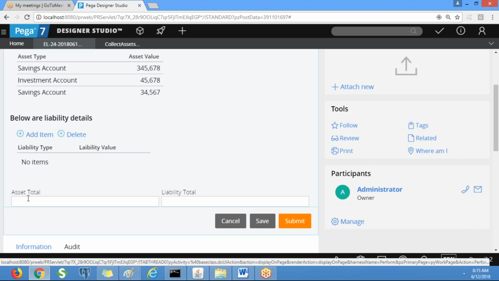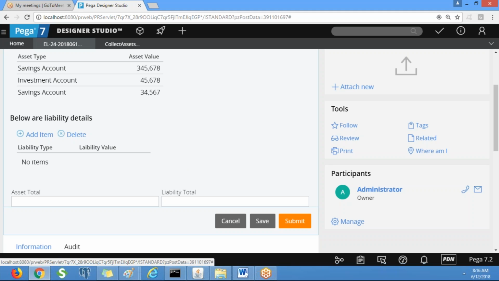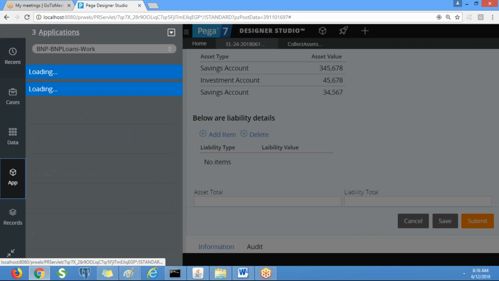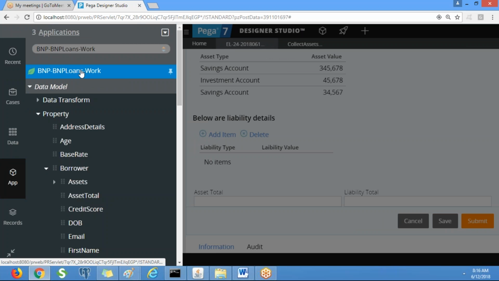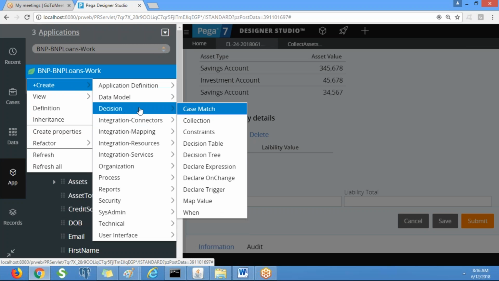There are two ways of creating a declare expression. Either you create it directly from the target property, or go to the decision category and create it from there. Yes, this is expression, right?